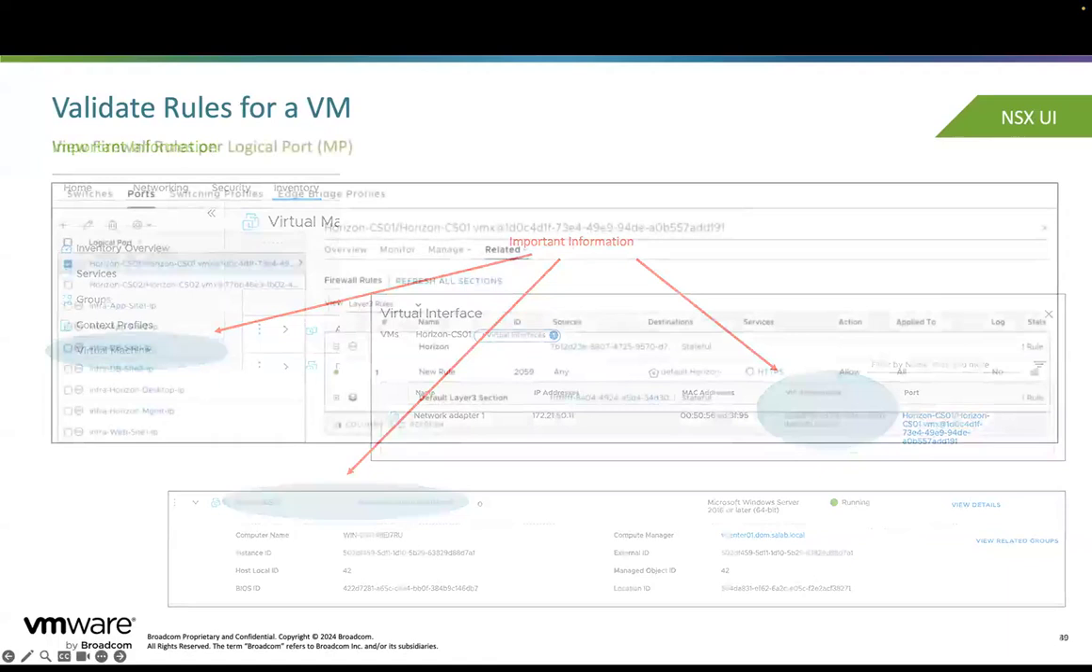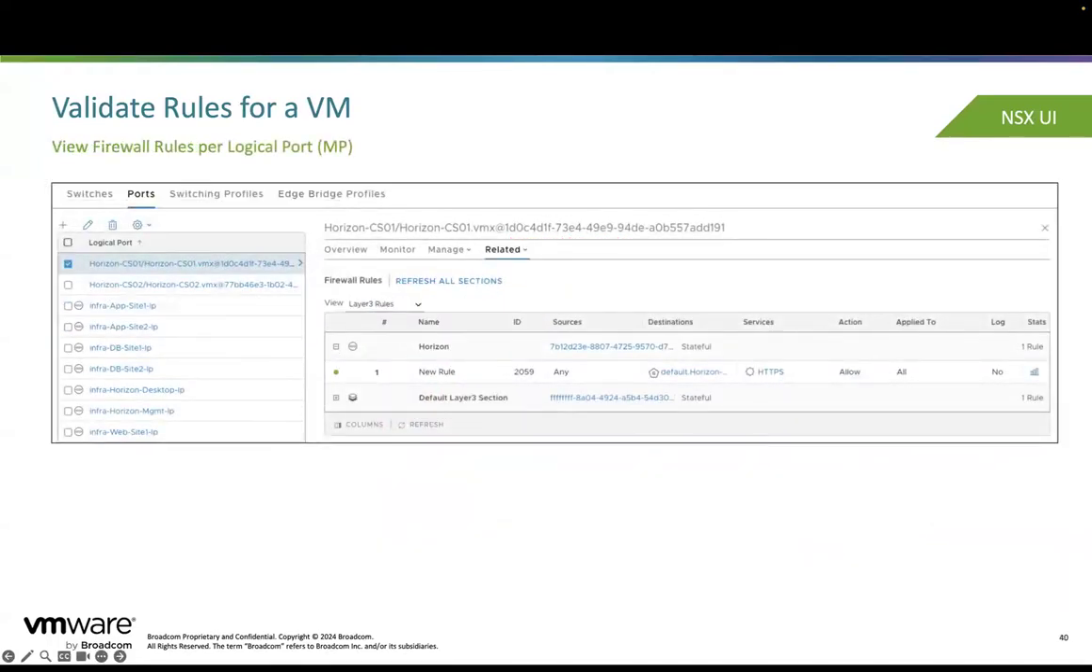Now, if we pop into the ports configuration, again for the Horizon-CS01 VM, we have the ability to look at firewall rules. So if you want to use the user interface to determine what rules are being applied to a particular virtual machine, it's exactly what we're seeing here. We can see our new rule there. We can see our default layer 3 rule is also applied to it. And then we continue to dig down